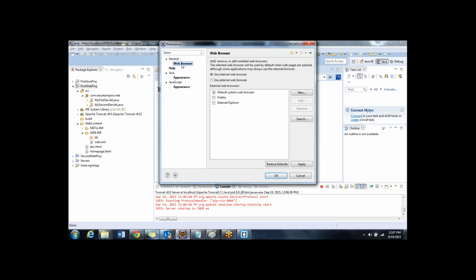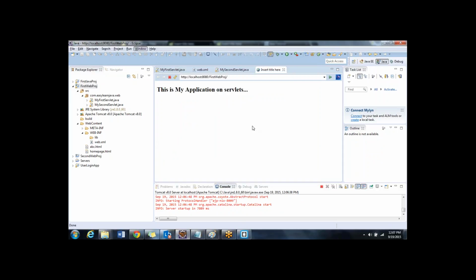Okay, browser. So all you need to do is, if you are comfortable doing it here, inside Eclipse itself, when it shows the output, everything is well and good. If not, if you want to make sure that Eclipse will open a default browser, which is what I prefer in general,